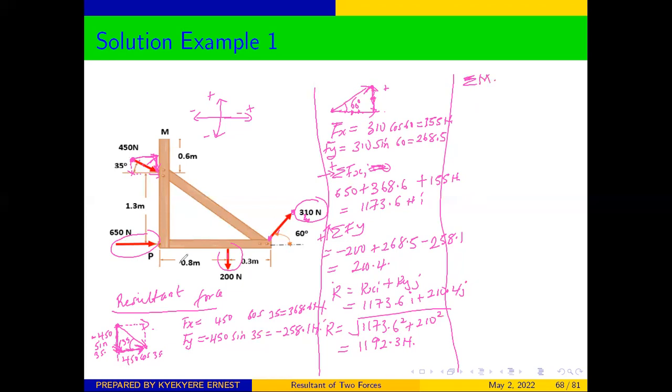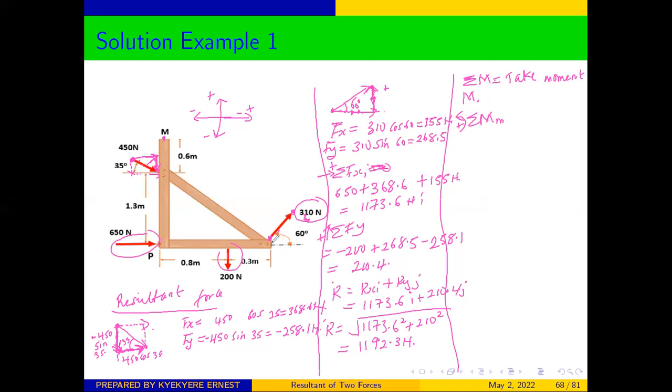So from here, we are asked to find the force couple system at M. So it means that we are going to take our moment at M, where we want to put our force couple system. So let's see how to determine our moment. So sum of moment at M. And let's take the anti-clockwise to be positive. So from here, we can say that we take each of the forces and then we multiply it by the